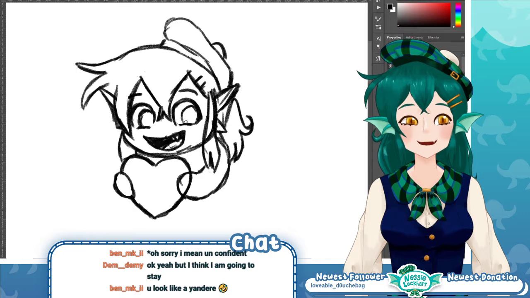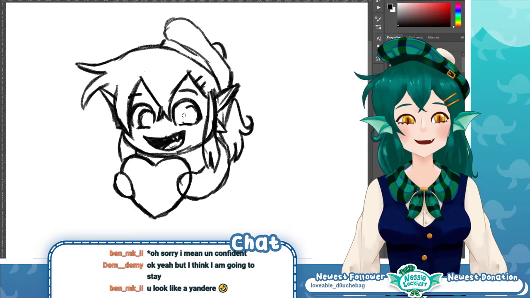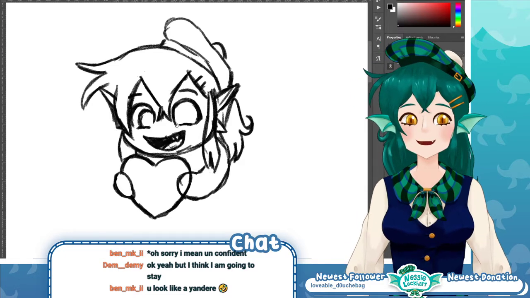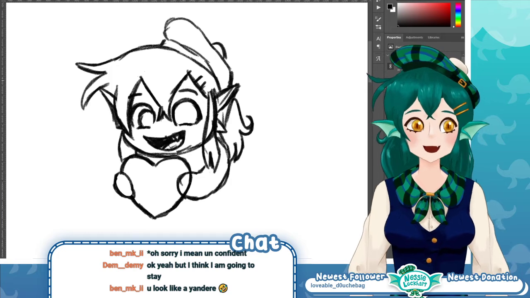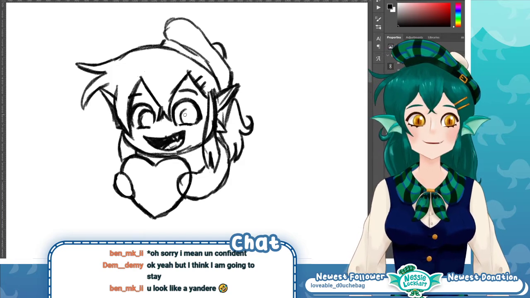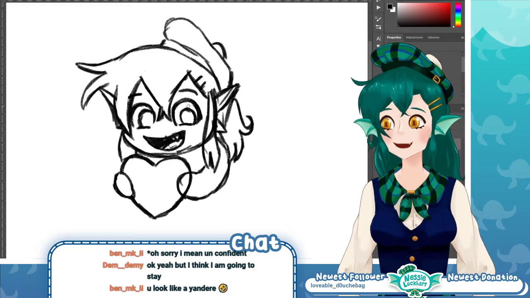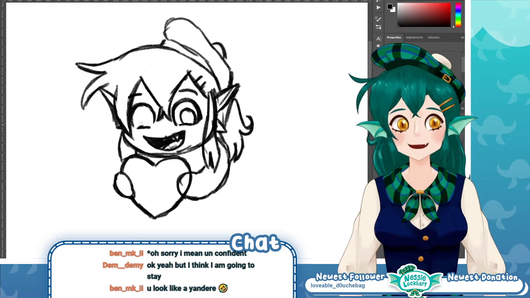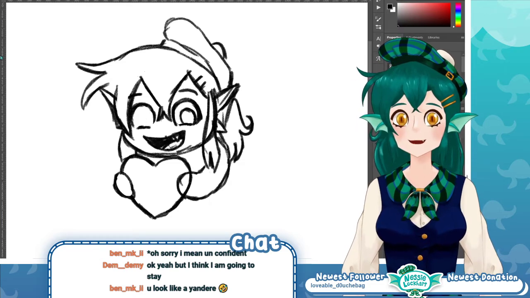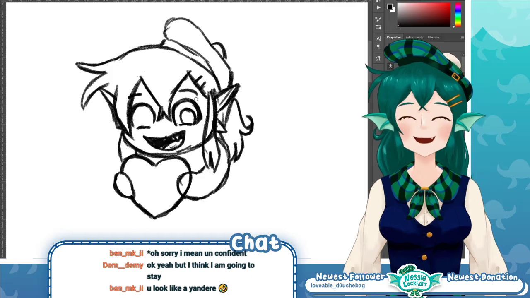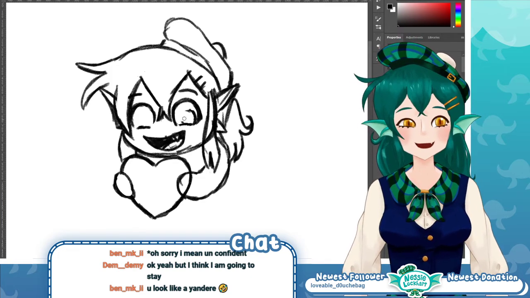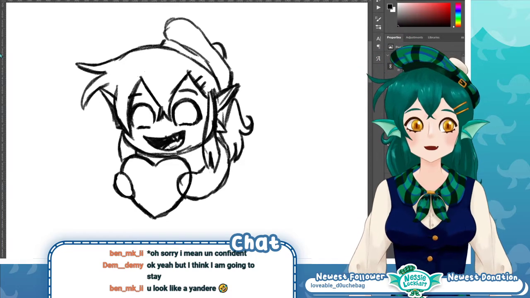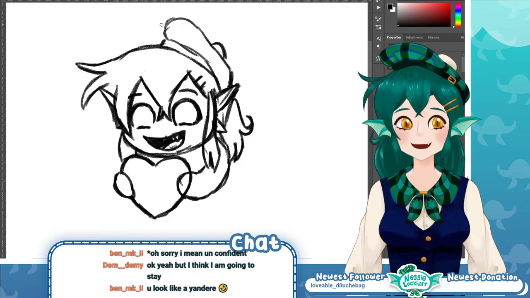Even with the art side of VTubing models, there's a process to that too. I think the best way to do it is to draw each piece of the model in its own layer and then export that to Live 2D. If you just draw it and then try to make it into separate layers, it will take a lot more time and it might not look as clean, so you have to draw each piece in its own layer.